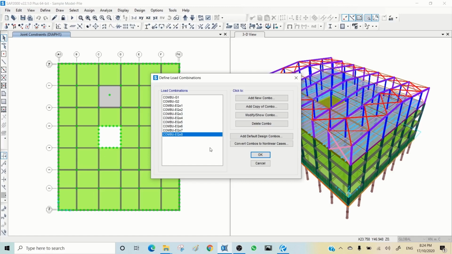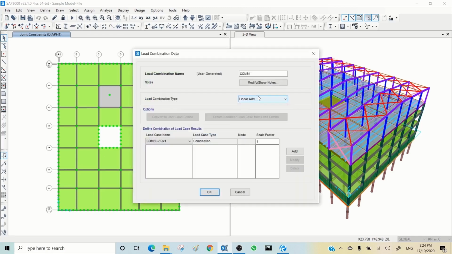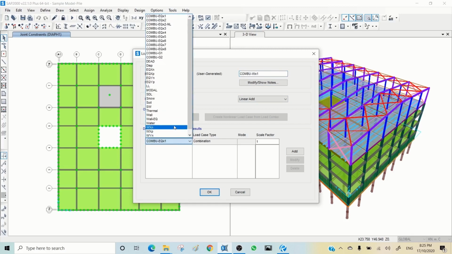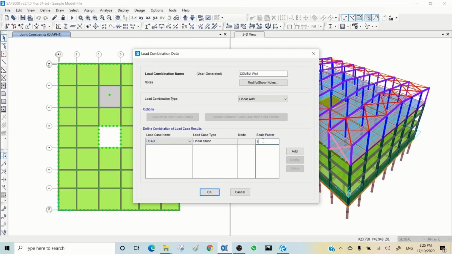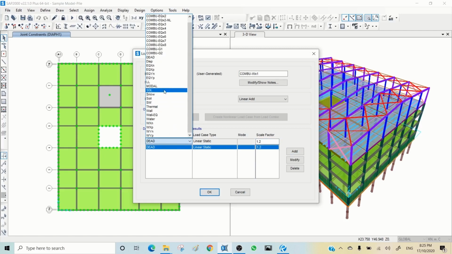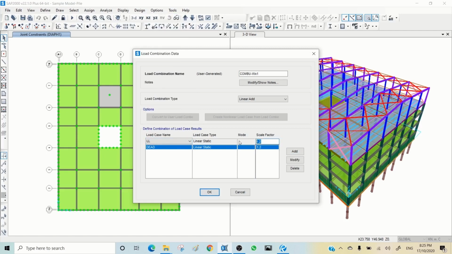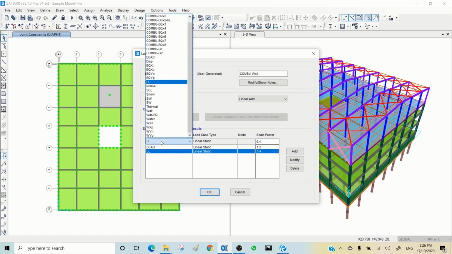I'm going for wind load combination. So I'm coming here, add new combo, I will name them combo WX1, and then I'm coming here, I choose dead, factor 1.2, and then live based on Australian standard. The load factor you need to put here is 0.4 for normal, and for storage is more. So currently we have just normal live load, so here I put this one, and then I have